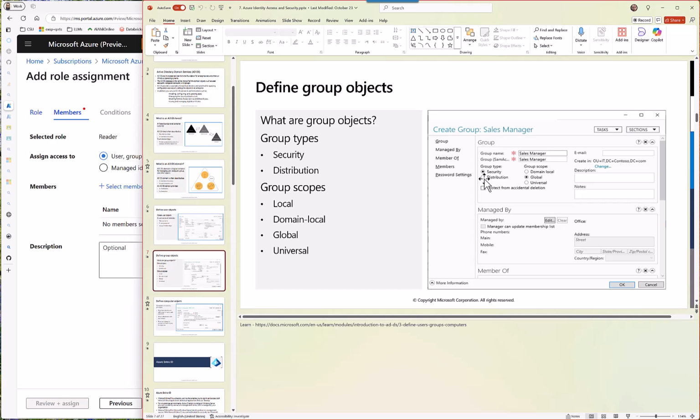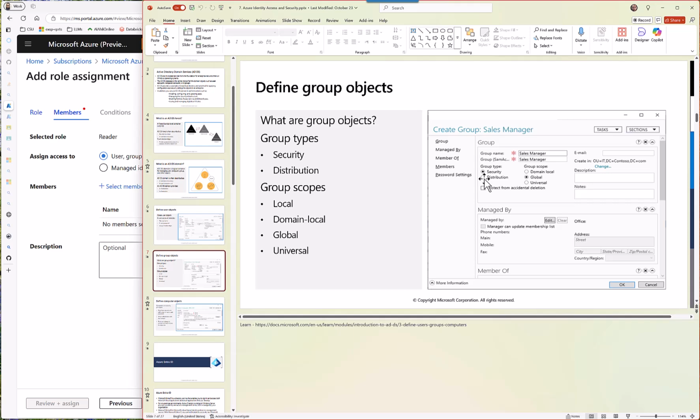If you think conceptually, when I create a distribution group, it creates an email address, like the one you get, all CS 4037 people, right? That's a distribution group. Similarly, if I create a distribution group, I cannot add that group here in the role-based access control.